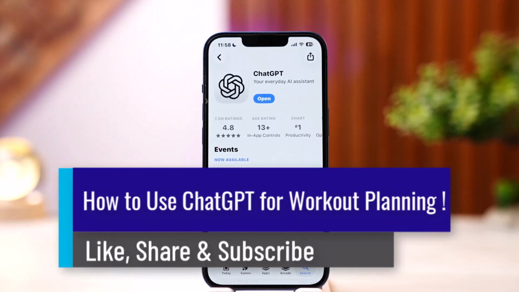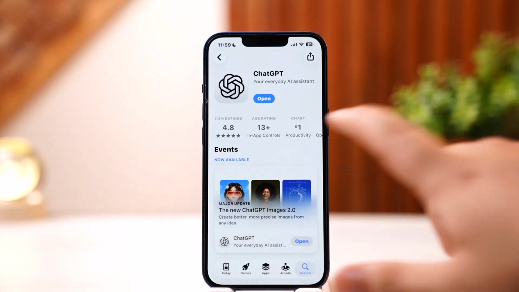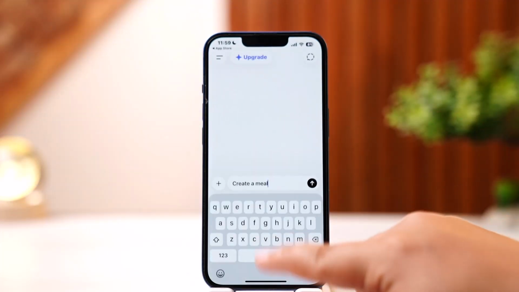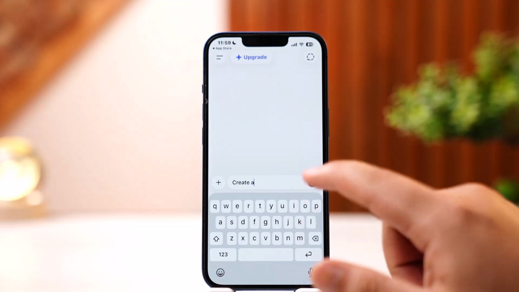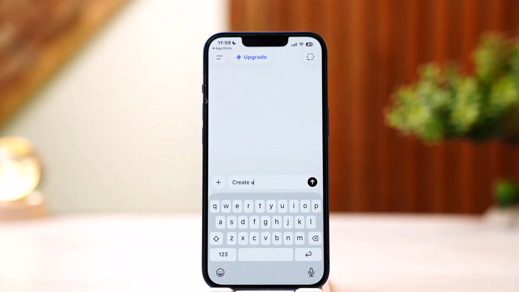To use ChatGPT for workout planning, what you can do is proceed to open up ChatGPT first and then head over to start a new chat. Now what you want to do is give it a prompt. You want to provide detailed personal context, assign a professional persona, and iterate on the results rather than accepting a